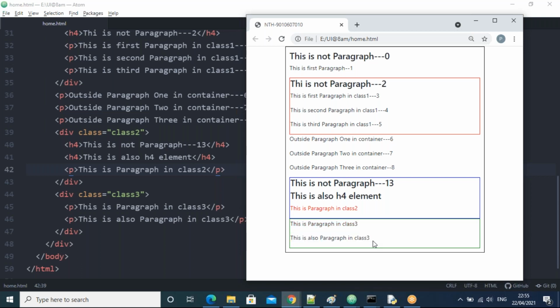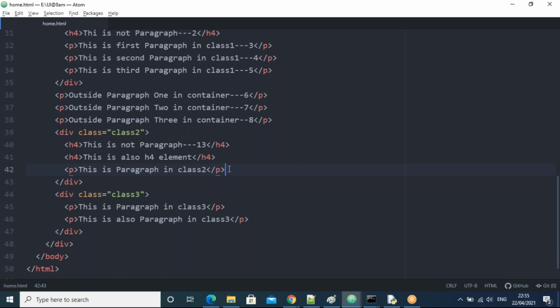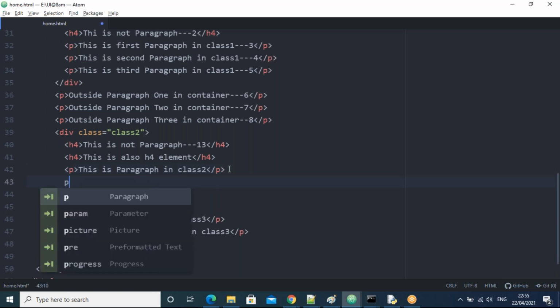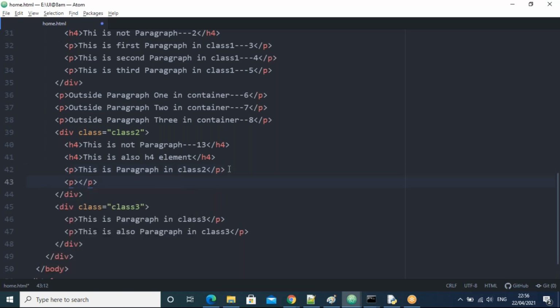Now, from this one, can I derive any point, guys? Can you say any point? Tell me now. Suppose I take one more paragraph, what happens now? Does it select both or only the first paragraph here?